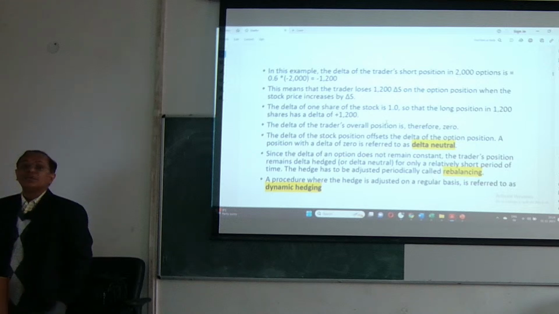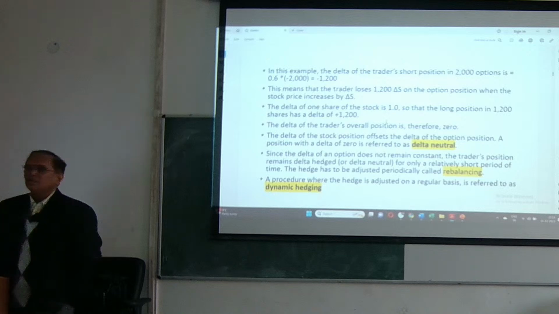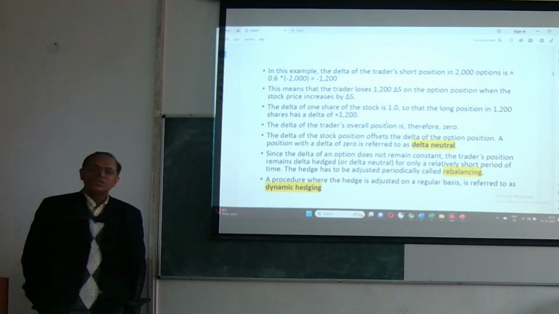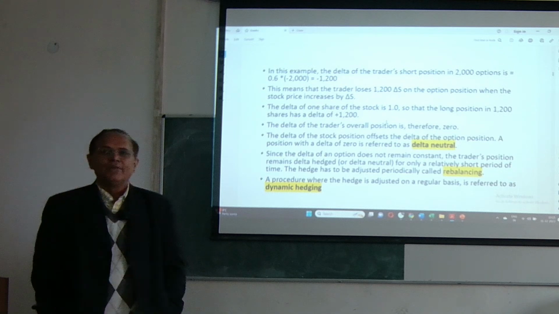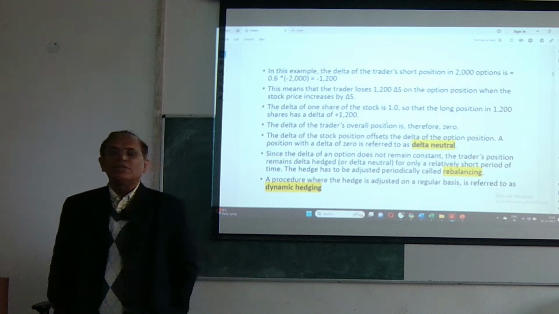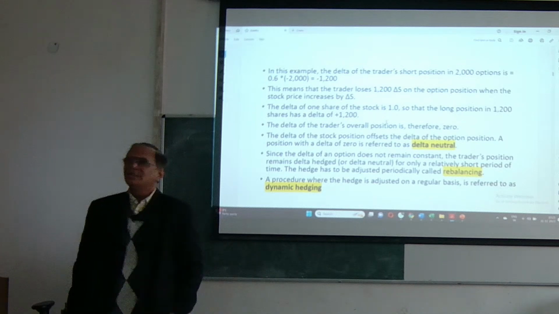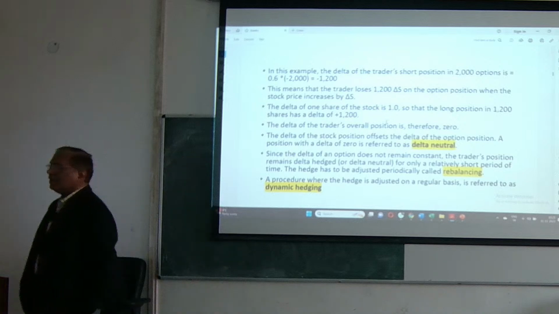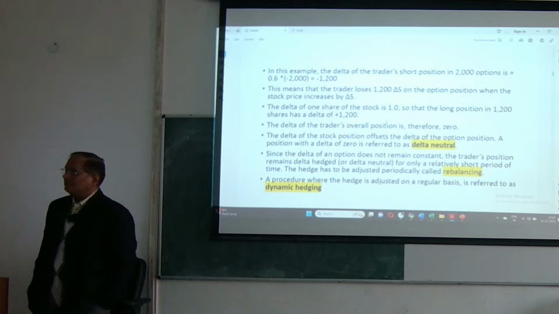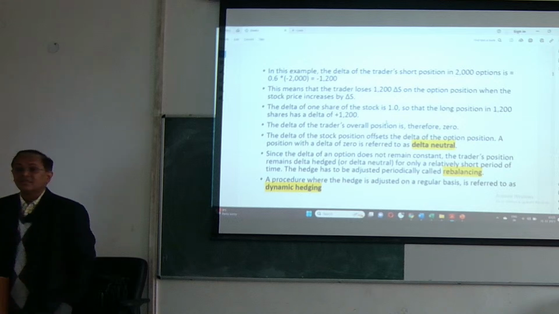That is delta neutral. What is the position there? If you are exactly in a position to make your delta hedging, neither will you have a gain nor a loss, whatever the market condition, whatever the price moves, let it move. जहाँ प्राइस जाता है जाने दो, कोई फर्क नहीं पड़ेगा आपको, आपका पोजीशन नेट 0 रहेगा. That is delta neutral. And since the delta of an option does not remain constant, that's another wonder of delta,